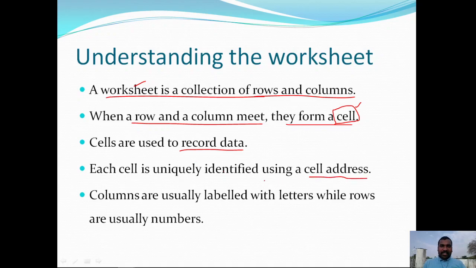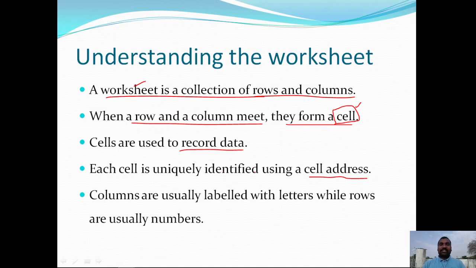Every cell is identified with the help of a unique name, which we call the cell address. Even though a sheet contains lakhs of cells, every cell is uniquely identified with the help of an address.